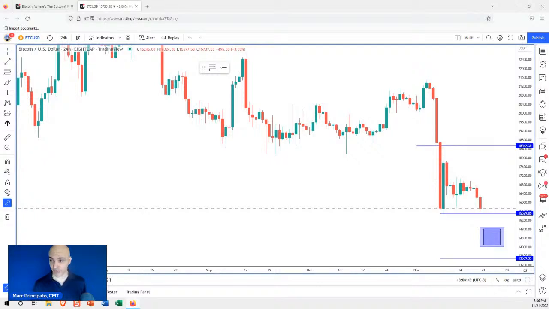Anyway, in this session, if you're new, I'm going to be evaluating Bitcoin on the daily time frame. We're going to consider price structure and some potential scenarios for the next few days. This is valuable if you're a swing trader primarily. This is not the day trade time frame. Also, it can help you account for risk. And then once I complete that, I'm going to answer your questions.